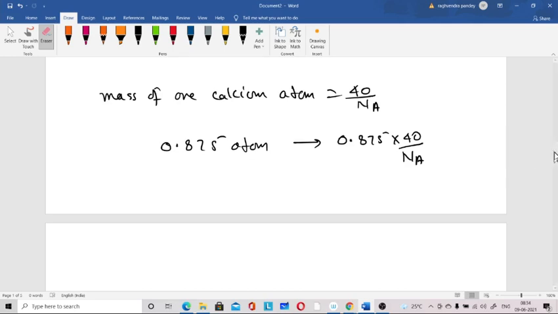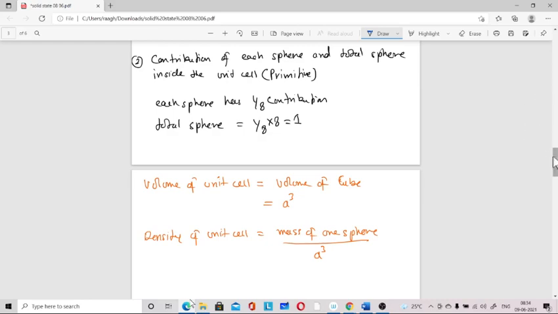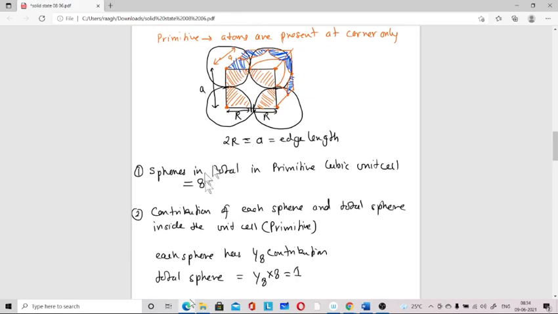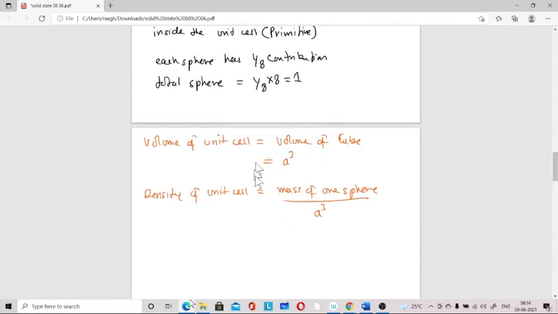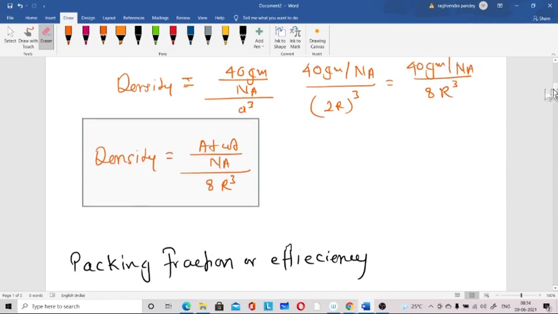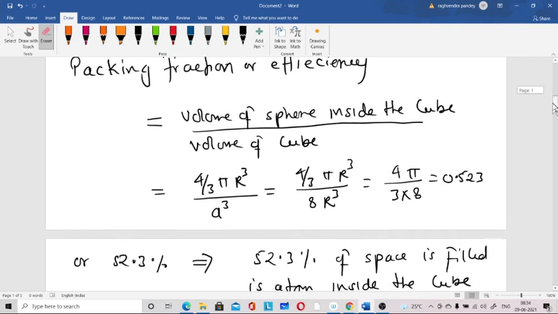Okay. So we are done with this. So let's revise it quickly. Okay, this one. So what we did, just a primitive unit cell. So it is your 1 by 8, 1 by 8, 1 by 8. Okay, so 2r is equal to a and all these things we saw. Volume we saw, density, then okay, this is the density. So suppose this is the mass of one unit cell, atomic weight by Na, and that is your this volume 8r cube.